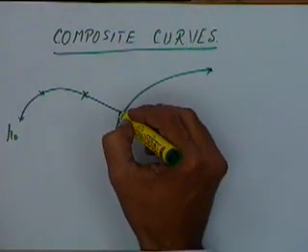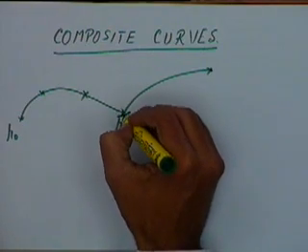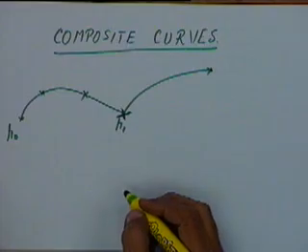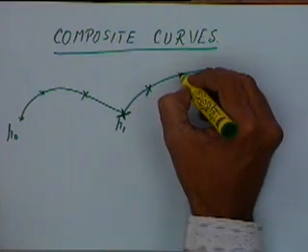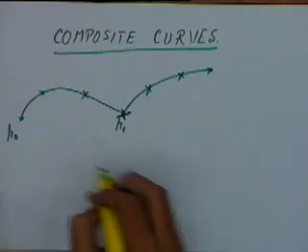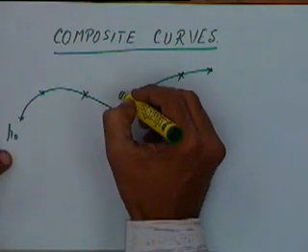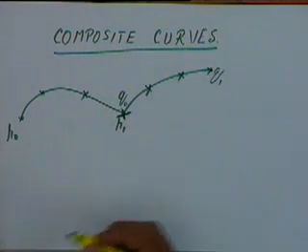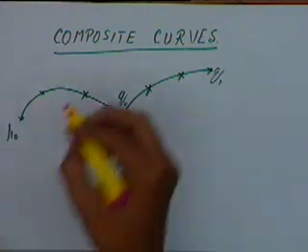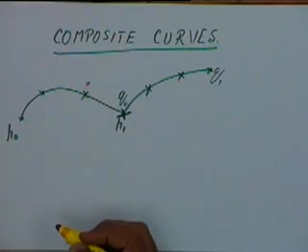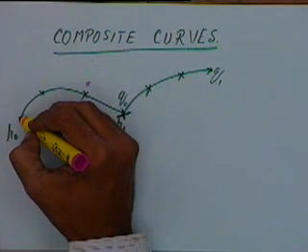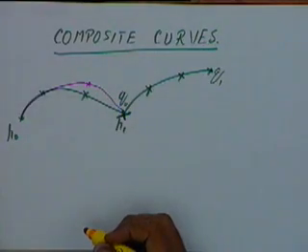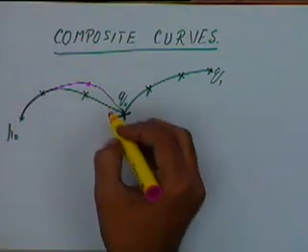Okay, the question that comes up is, in the case of a composite curve at this point, what kind of continuity do we have? Because let us say this is also a cubic curve like this. This is P0 to P1. This curve is, let us say, defined by Q0 to Q1. Now if I modify this point, if I go and change this point, this curve maybe it will change to something like this. I am taking a 4-point form of the curve at the moment.